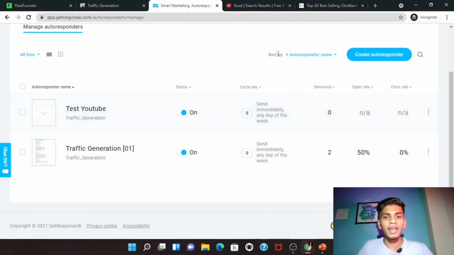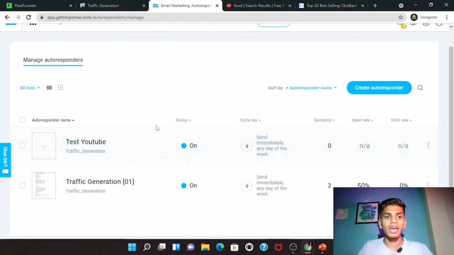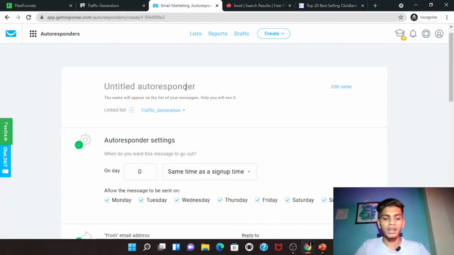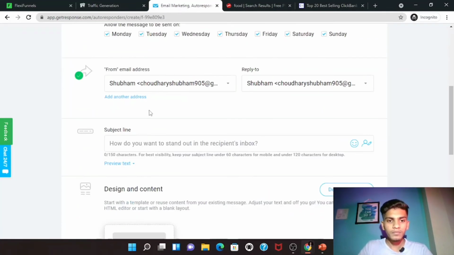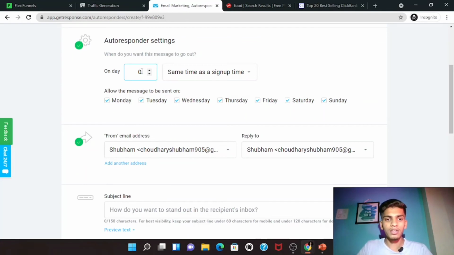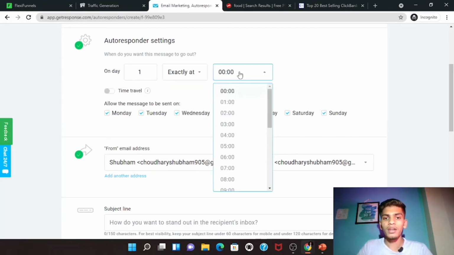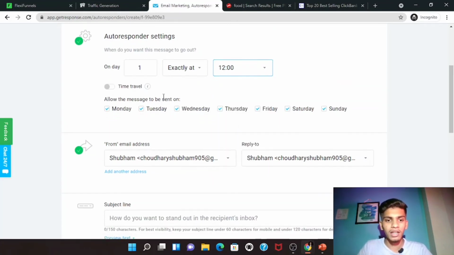This is how you build an email sequence, and you can create more sequences. Just like I said, if you want to send an auto email within 1 day of his sign up, so this is test one. You can say day one, the same time as sign up, or you can send exactly at 12 p.m. or anything like that.